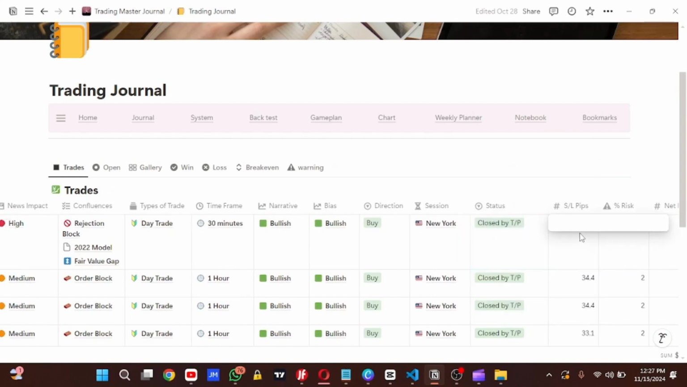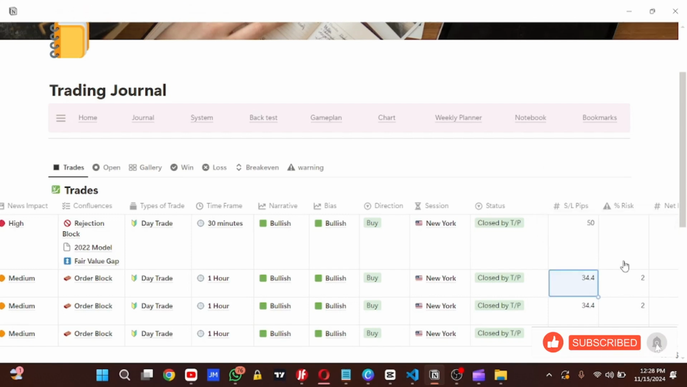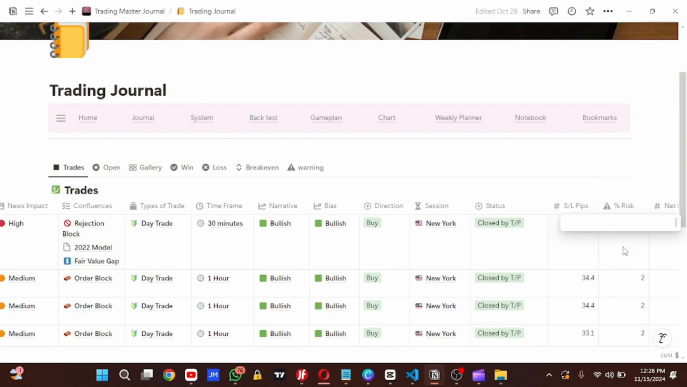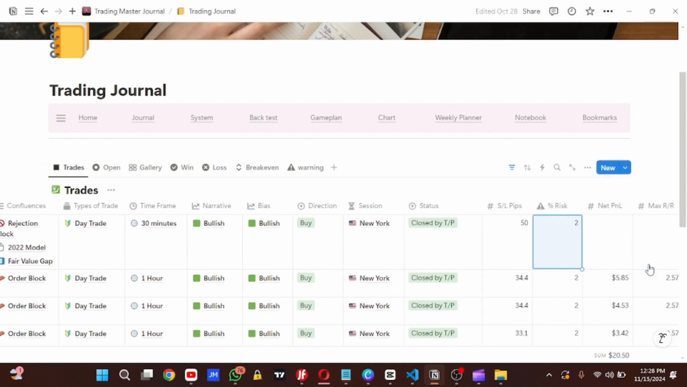The stop loss, this is now manually generated. We're going to use a stop loss of around 50 pips maybe. The percentage risk, I always risk 2% and below, nothing more. Guys, you need to always risk 2% and below. Don't go past it, because you can easily blow your account when you risk more than 2%,